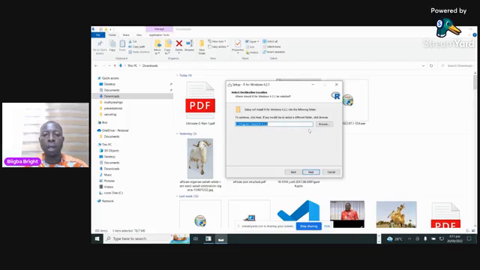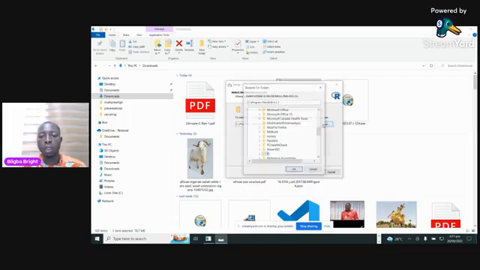And then, where do you want R to be? Is it in your downloads? You can actually choose where you want it to be. You just click on browse and then you can choose,